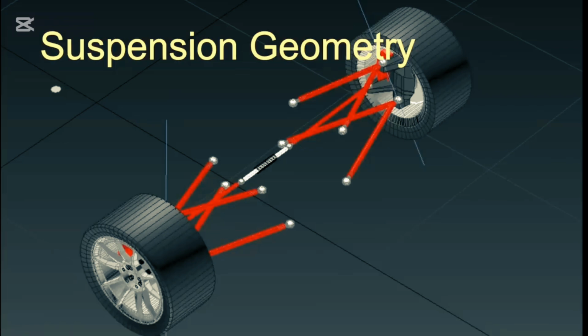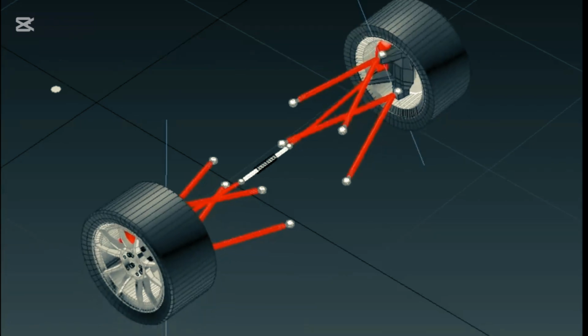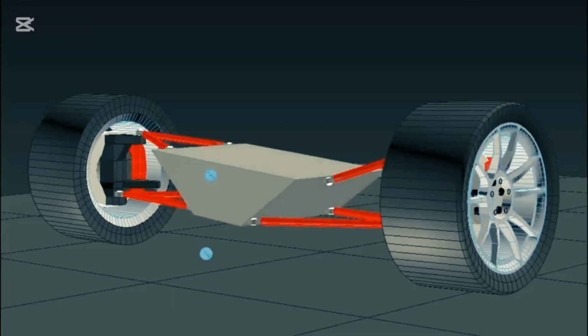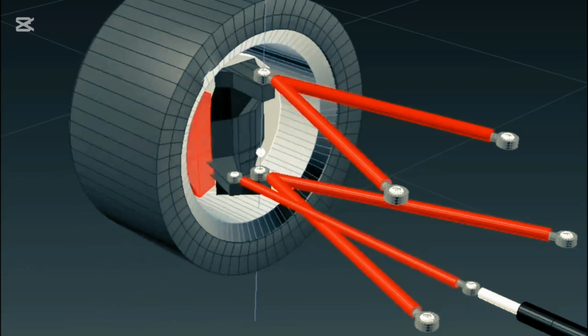This video is going to be about suspension geometry. Now, I made a previous video about springs and anti-roll bars and how changing different settings on those can help you improve the handling of your car. This is going to be about how changing the actual geometry of your suspension can help. I wanted to cover everything in one video, but the video was getting so long that I had to divide it into